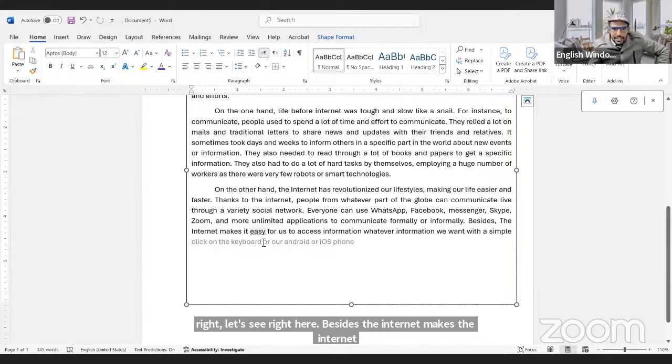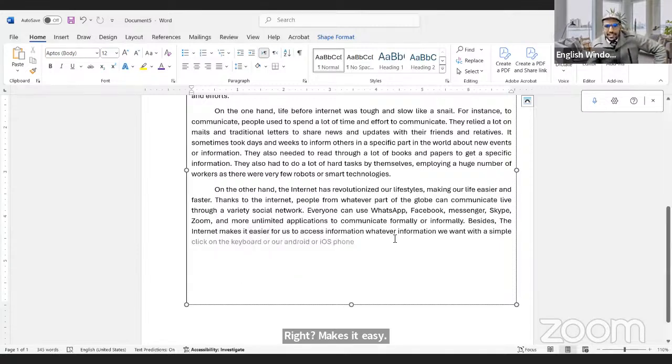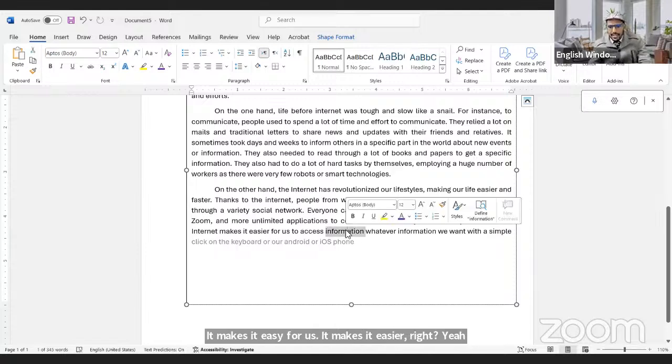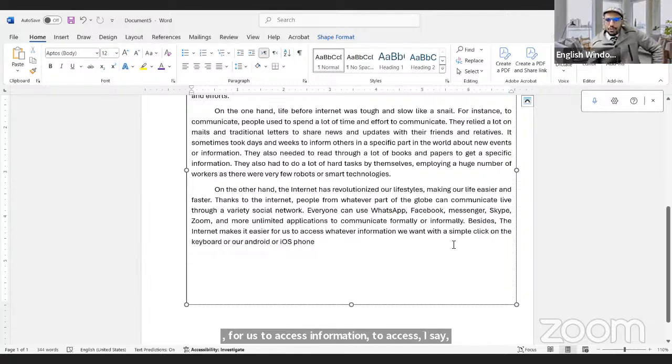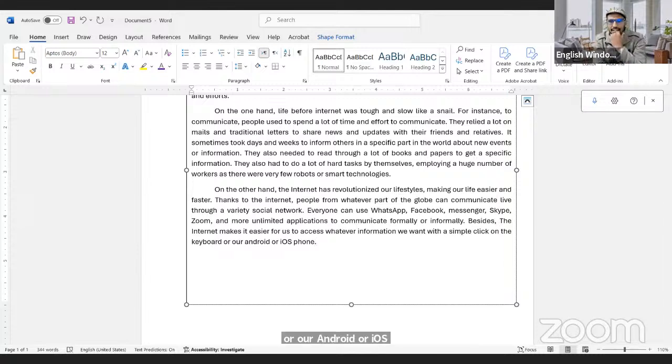Makes it easy for us. I mean, it makes it easier, right? Yeah, for us to access whatever information we want with a simple click on the keyboard, or our Android or iOS phone, right? Very nice, good. Now let's talk about the other side, which has to do with